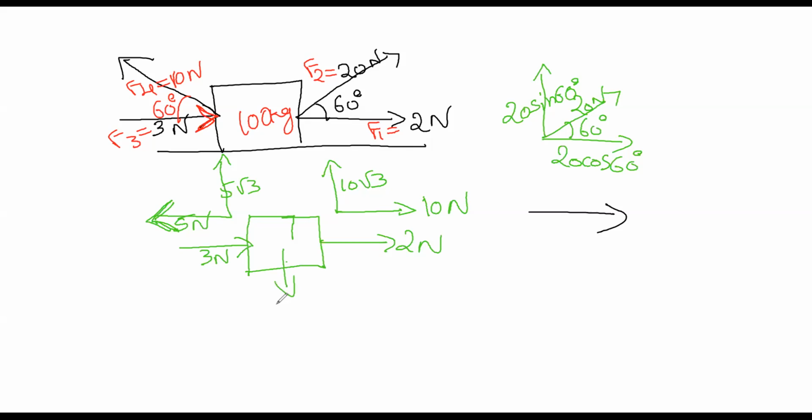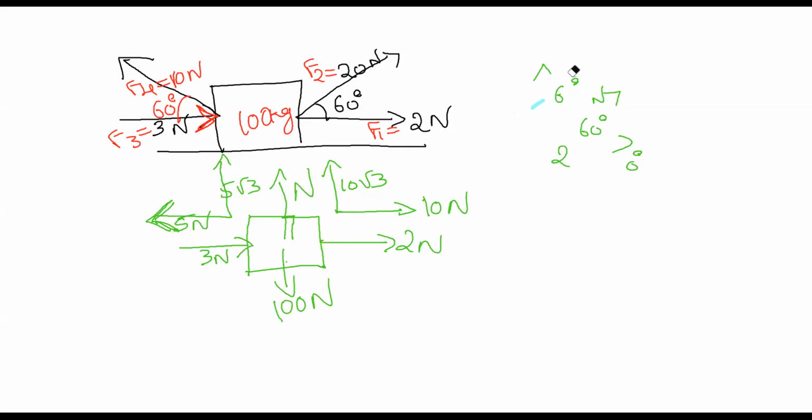Here we have force due to gravitation as 100 newtons. Correct? Then normal force we can apply over here and write it as N. Now after dividing all the forces into components, just we have to do Fx and Fy. That's it. This is the most important step, dividing into components. When this is done, 80% of the question is solved. So mark it as Fx. Now tell me what are the forces along x direction.